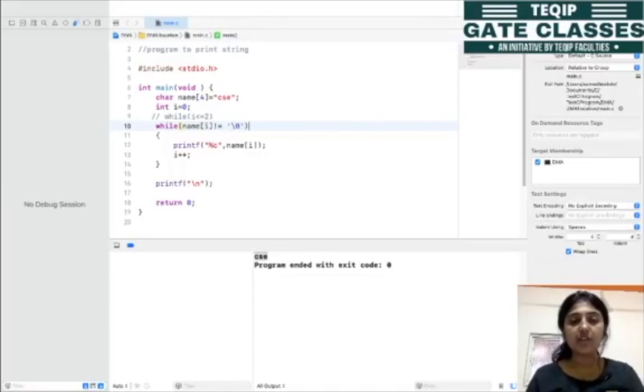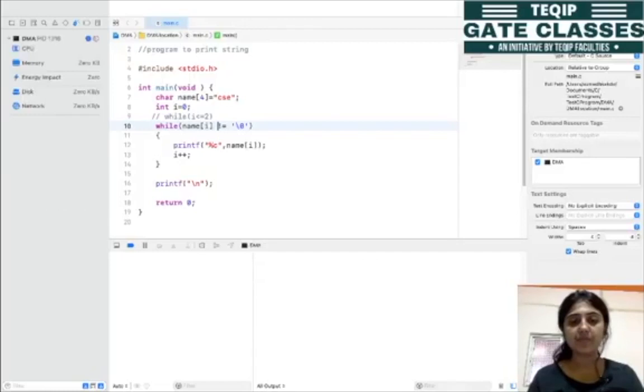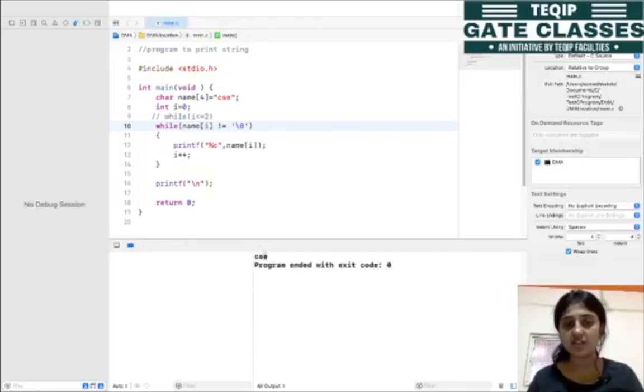Till that point we are asking the compiler to print the character, then increment the value of i. So let's run this program. Here we got the output as CSE. Even though we have not passed the null character here, the compiler itself adds the null character because that is the property. ठीक है?